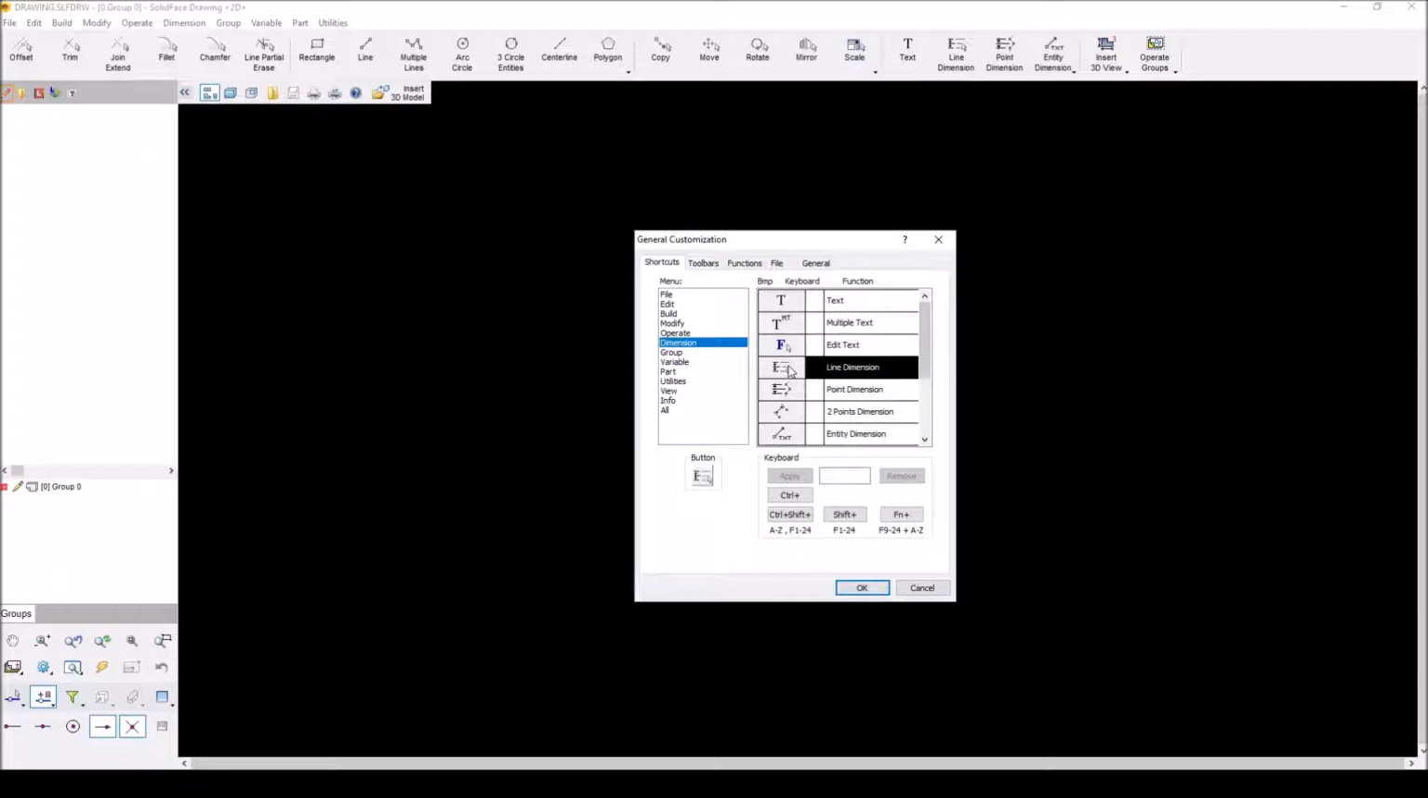So let's say line dimension. I use line dimension a lot. It's got a button on the keyboard. I might do Control plus D. How about that? All right. So now if I hit the Control D button, I can create a dimension quickly. So I'm going to go ahead and create that real quick. And if I hit Control D, all right. So now